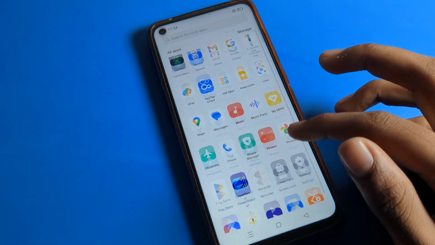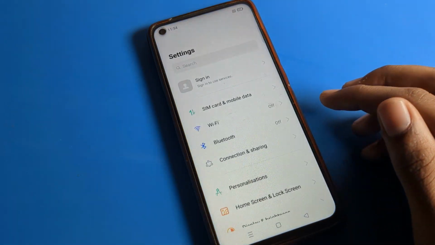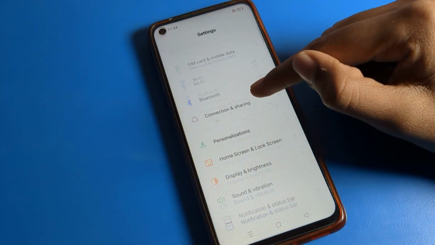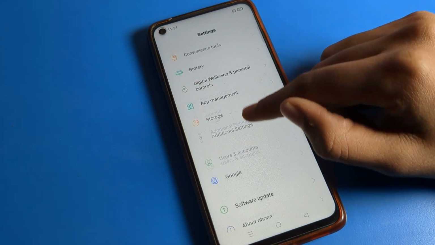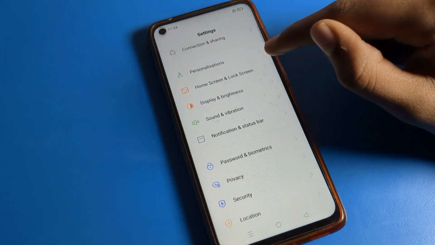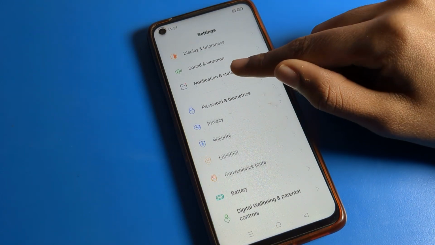First of all, open your phone settings. After opening the settings, where is the screenshot sound setting? You can find your screenshot sound in your sound and vibration setting. Sound and vibration, we will open it. After opening sound and vibration,